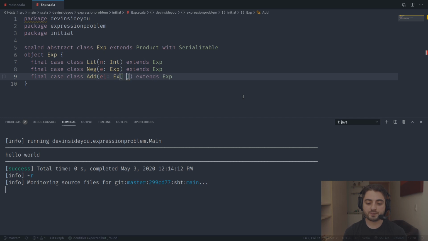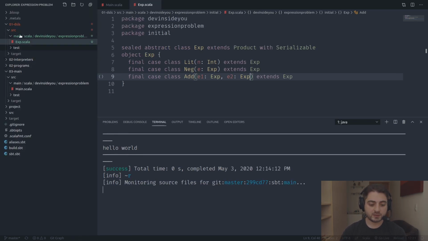The first expression, and the second expression, like this. All right, so now that we have this language, even though we don't know how we can interpret it into our host language, right, the denotational semantics, we can already write programs in it, classic dependency inversion. Okay, so we're going to skip the interpreters and we're going to go to